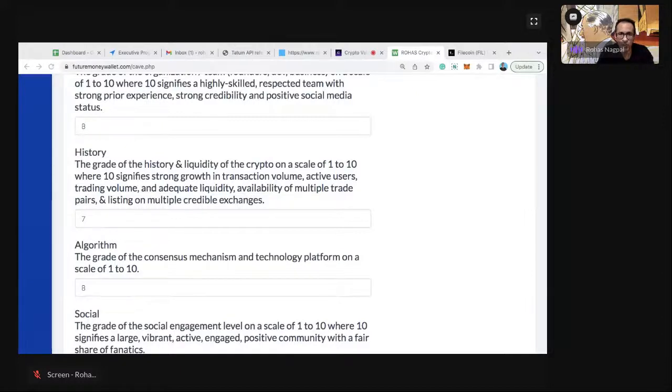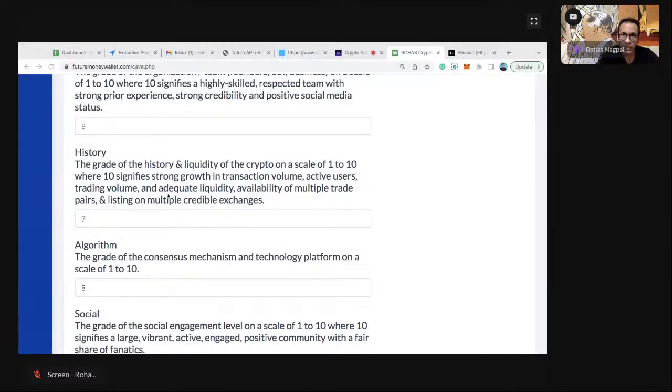So transaction volumes: how much of that crypto is trading every day? Whatever trades happen over a 24-hour period, in dollars, is usually measured as the transaction volume, but of course you can take any other currency. Active users: it's not just how many people have used it in the past, but how many are actively using it. A little difficult to get this information, but again, Token Terminal and other sites will give you this kind of data for some projects.